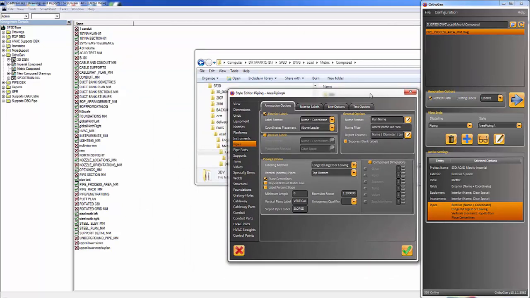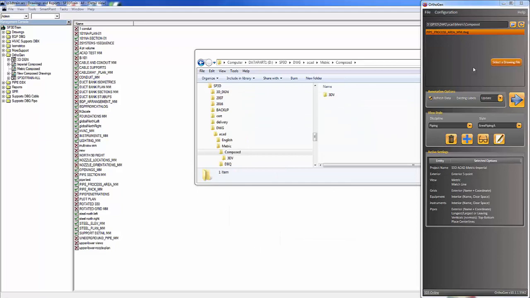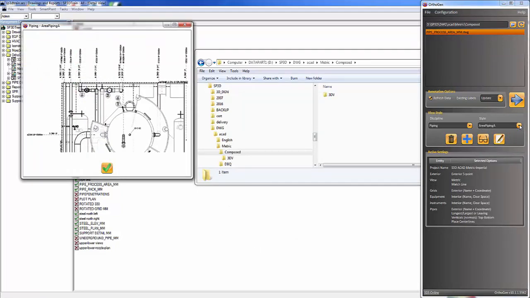In the Style Editor dialog, you have many options that are available to set your drawing just as you require. The settings are broken into 4 tabs: Annotation Options, External Labels, Line Options, and Text Options. We won't go into the details of the view options in this video, but as you can see, you can choose where to place your labels, refine what is labeled, and how the labels are to look. An added option is the blue plus sign button, which allows you to add your own view styles.